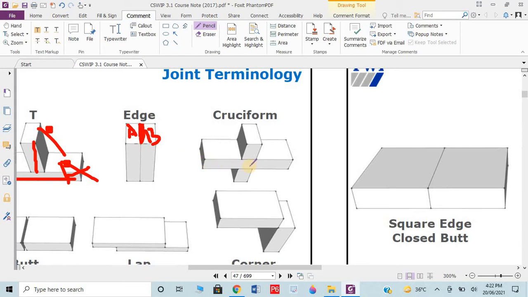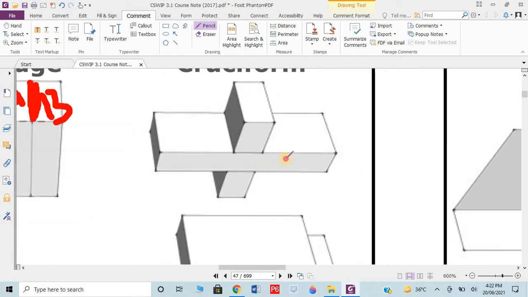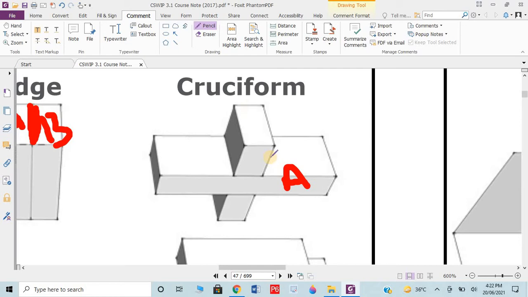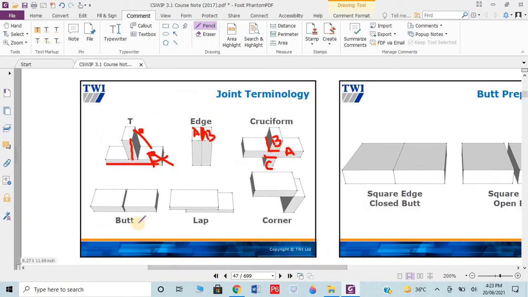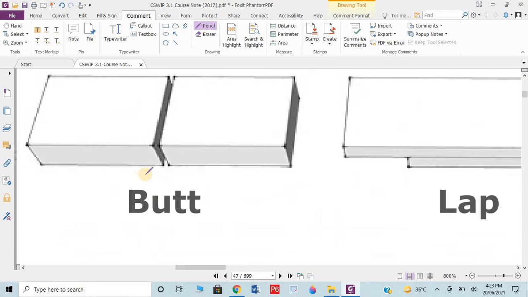Then we have the cruciform joint. Cruciform joint means this is part A, with more than two parts. If we need to weld, then for the cruciform joint we consider more than two parts. Like if we have part A, this is another part B, this is C. Now you can see here we need to weld this corner, then we need to weld this corner, meaning this boundary, this entire inner boundary as well. This is known as a cruciform joint, and it's normally considered where we need more reinforcement.